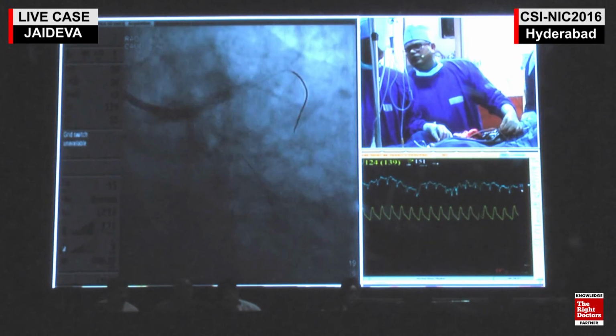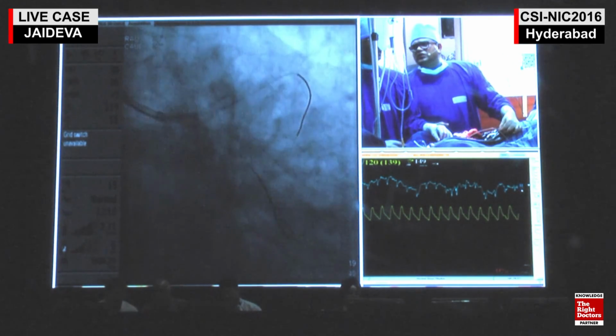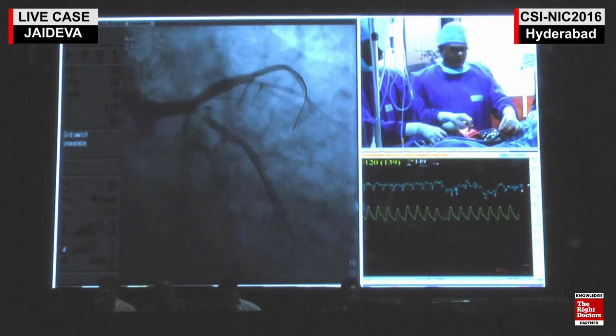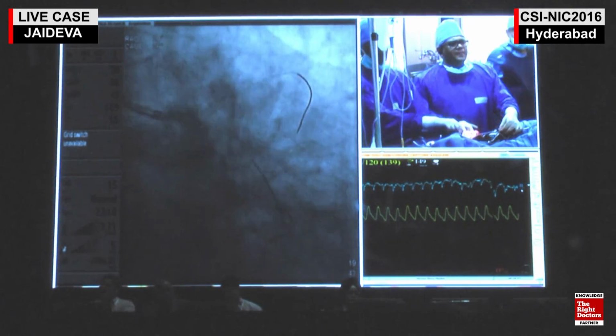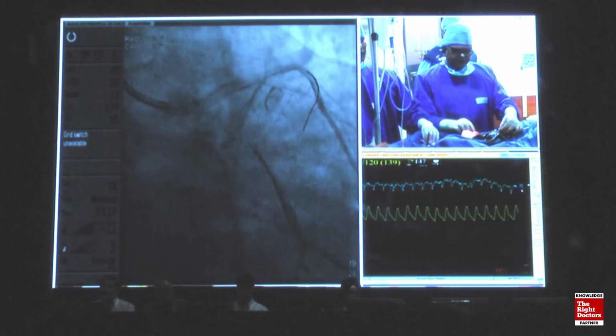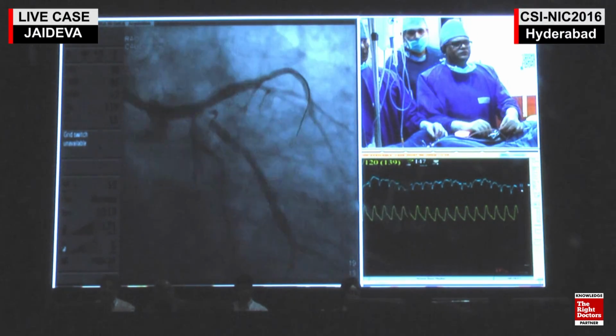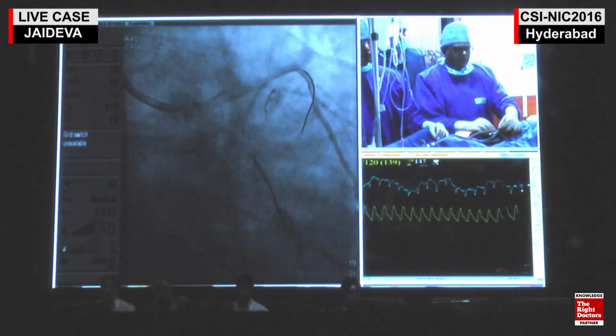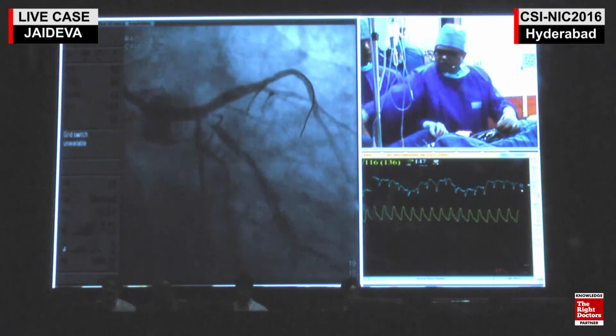Do you want to go to the ostium? Do you want to take such a long stent? You think that there's a lesion at the ostium of the LCx, lower down? Yes. Dr. Rajesh? Dr. Hiremath, yeah, because if you see the clot, you can see the clot all the way till about 22, 24 millimeters from the ostium. Can you see that? I think we should trap it.